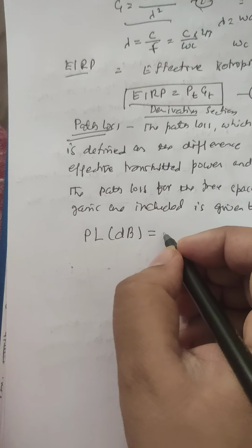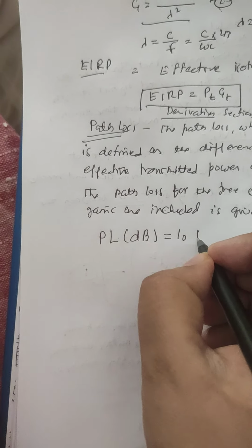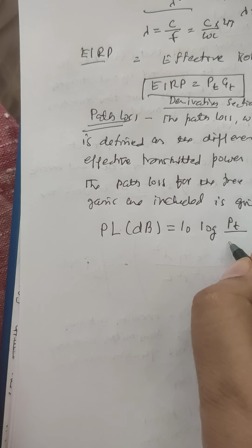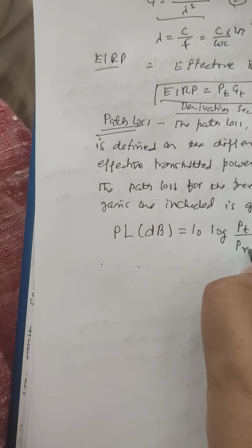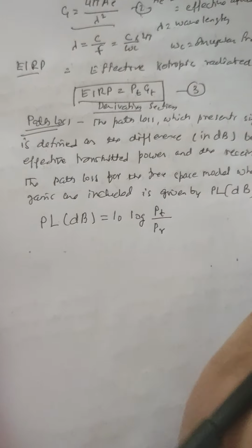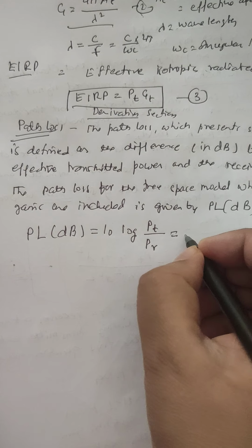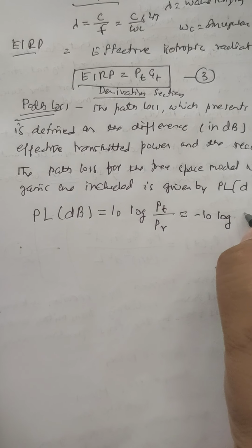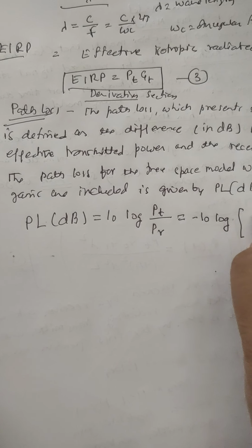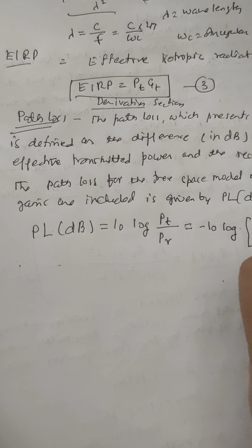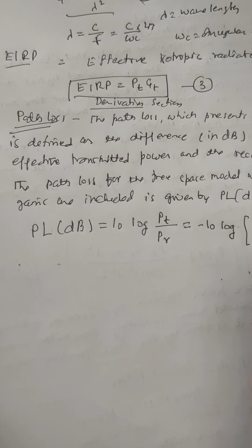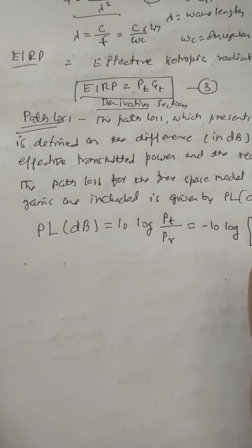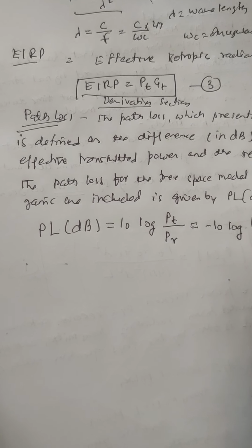So path loss is 10 log of the transmitted power to the received power, and it can be written as minus 10 log, if we put in the values, of the transmitted gain and received gain multiplied by the area,